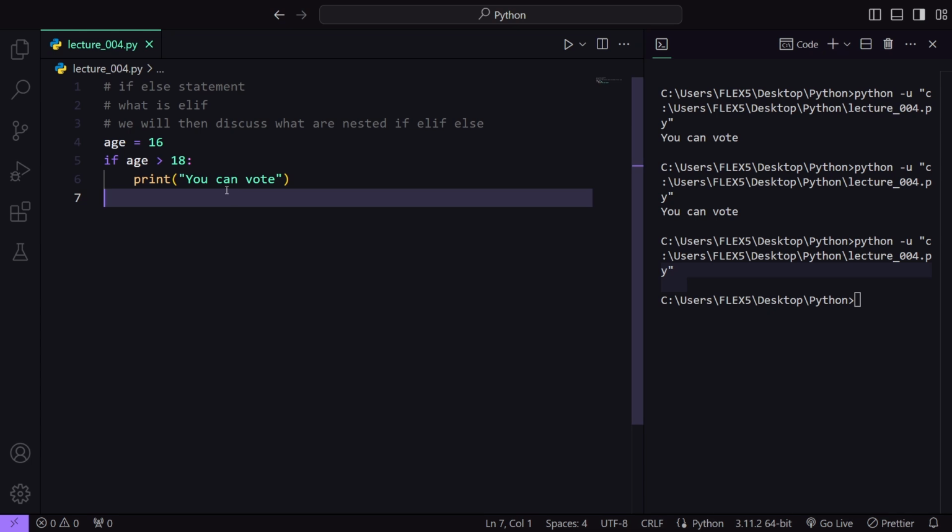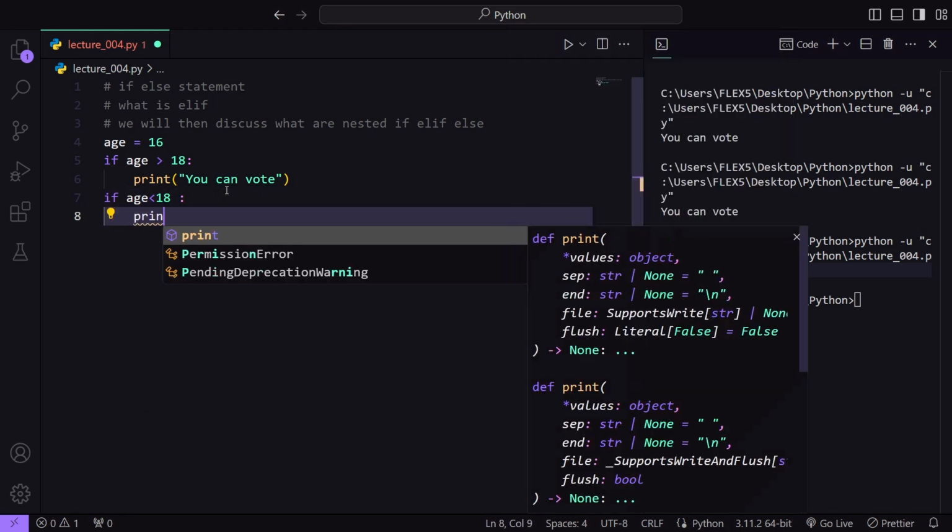Fine. So there are some problems with this, because what if I want to do something if age is less than 18? So I can write if age is less than 18, print